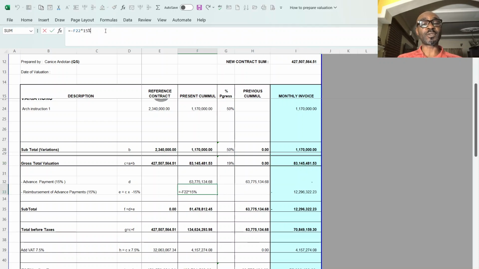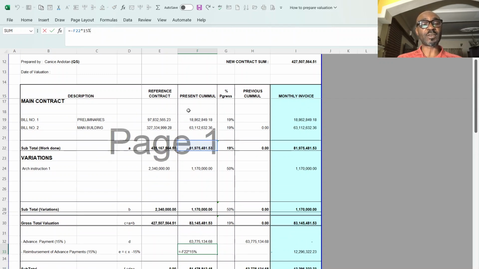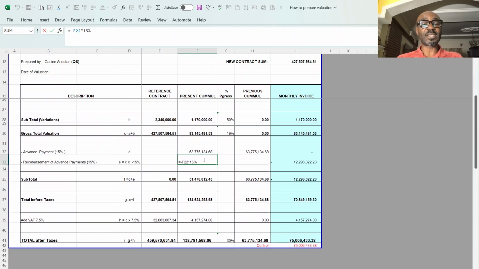So I multiply the total work done, because I was given 15% of 425, which amounts to 63,777,000. So I have taken 15% out of it, which is I've reimbursed 12 million for the 63 million that I have taken. If I negate the 12 million from 83 million, I'll be left with